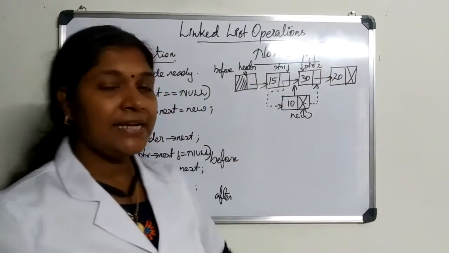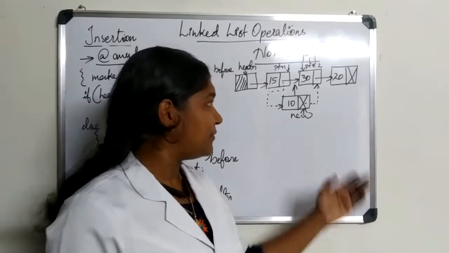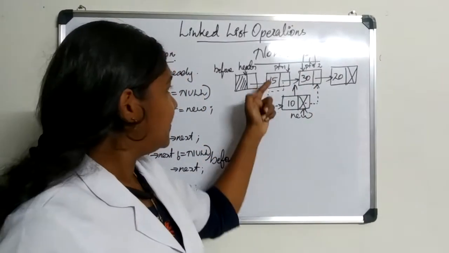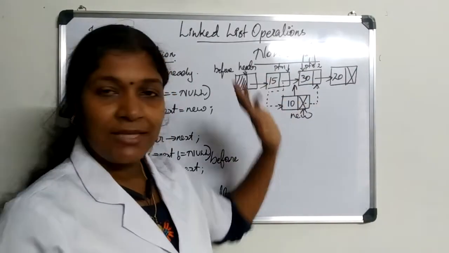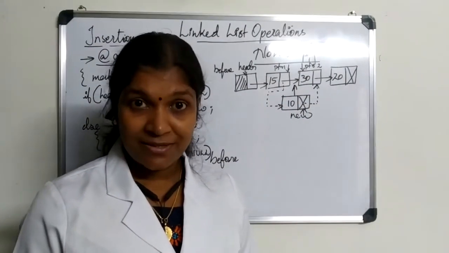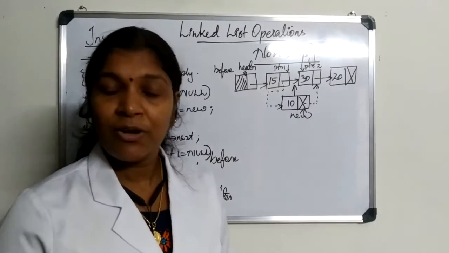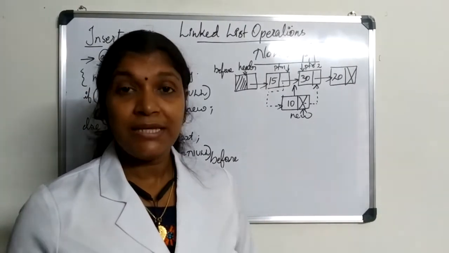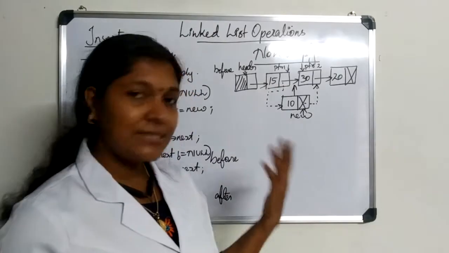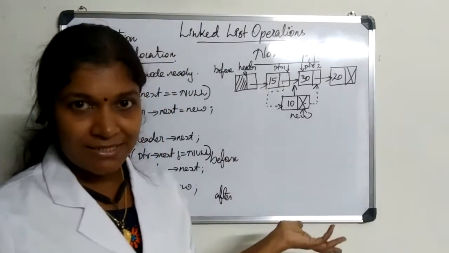So how can we reset these pointers? You just provide these pointer links. PTR1.next is equal to new, new.next is equal to PTR2. It is that simple. Whenever you perform an operation, if you provide a name to a node, then it would be very easy to perform that operation. So let's give that name. It is not a tedious task, right?